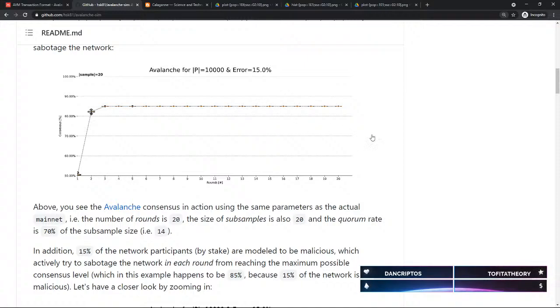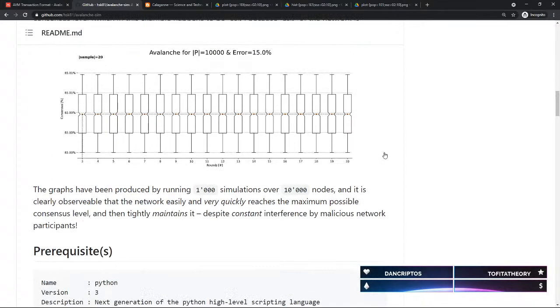Yeah. Below. Exactly. So you see, it's just reaching 85% very quickly after the third round, and just stays there. It's crazy how fast it is. And I zoomed in the image below. You see it's the same thing, just zoomed in. And if you look at the vertical axis, you see everything is tightly around 85%. I just configured that 15% of the nodes will just not cooperate. They're not Byzantine. They don't try to actively hurt the other nodes, but they simply don't cooperate.